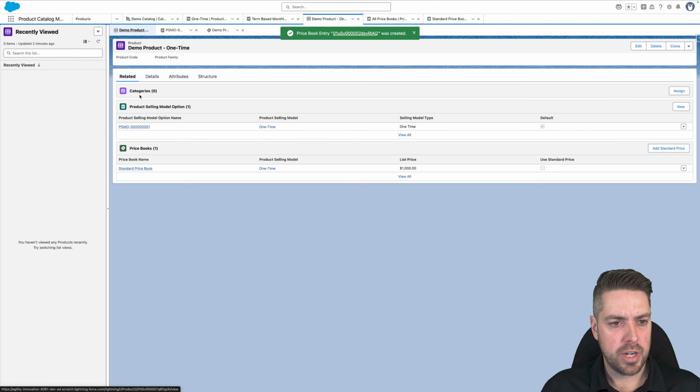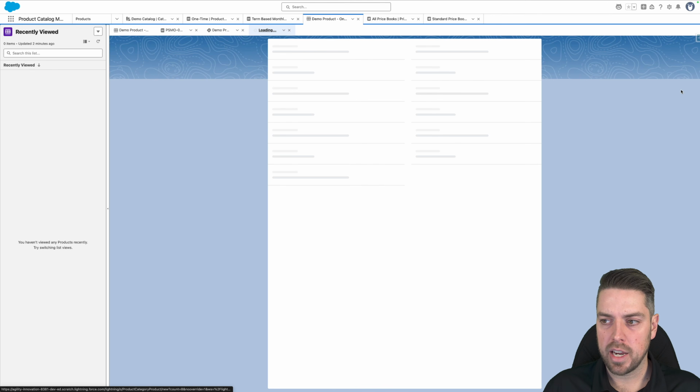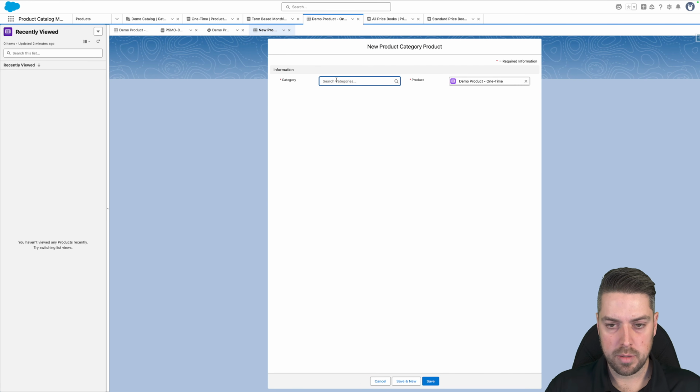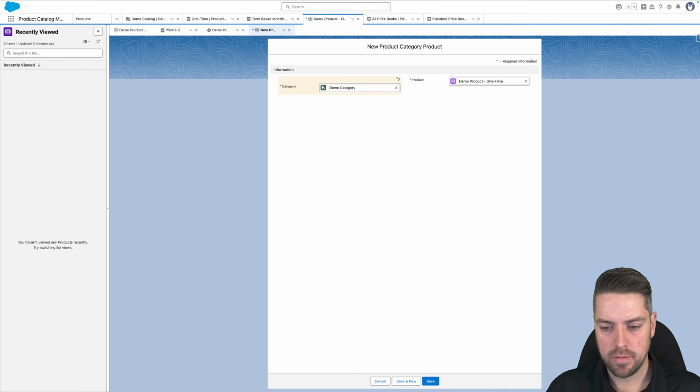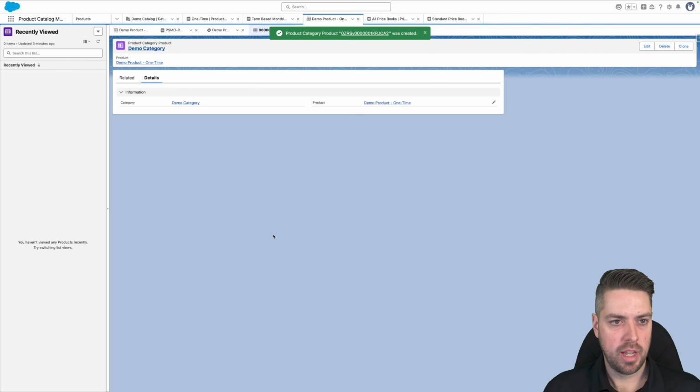And finally, let's make sure our product is assigned to a category. So we only have one right now. So we'll simply select your demo category that you've created, and it's saved. So now the product is created, exists in a price book, is assigned to a category, so it should be available to quote if we create